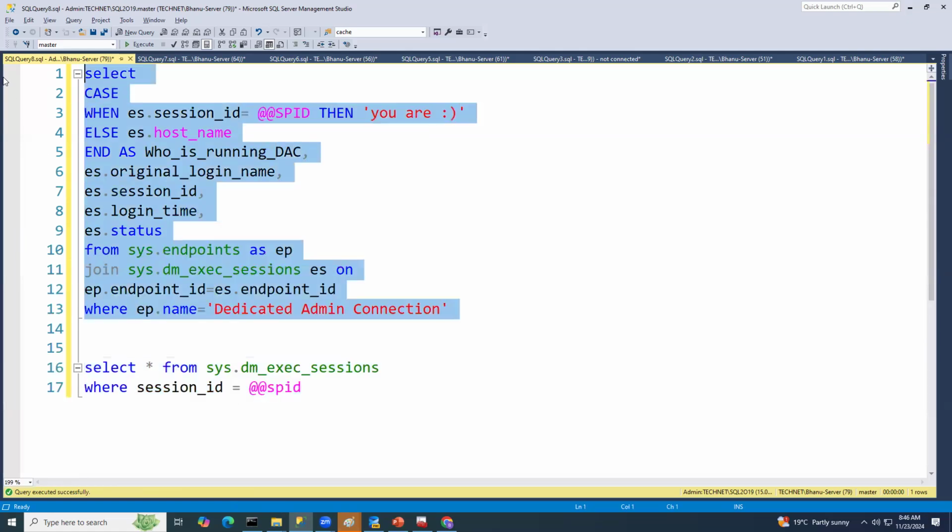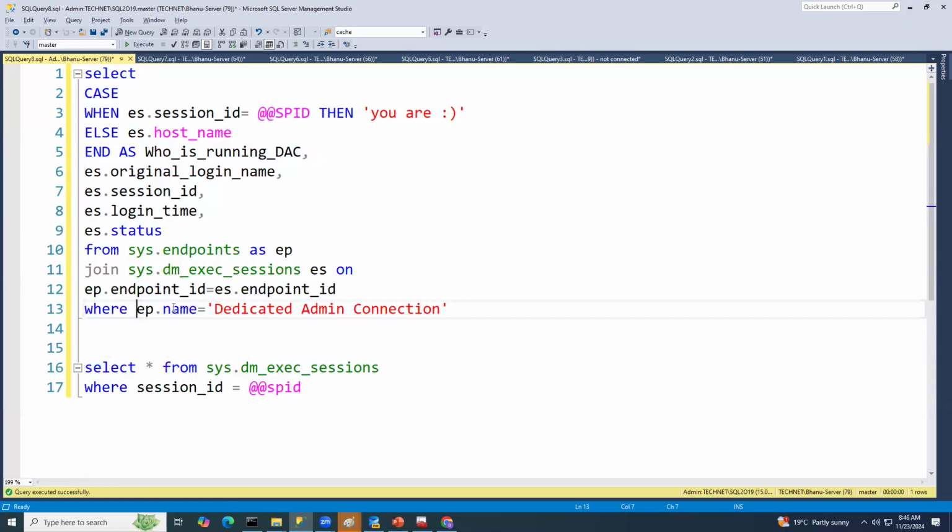Yeah, whatever. So at least I see here EP underscore name, EPs endpoints. Why undelegate administration select staff from